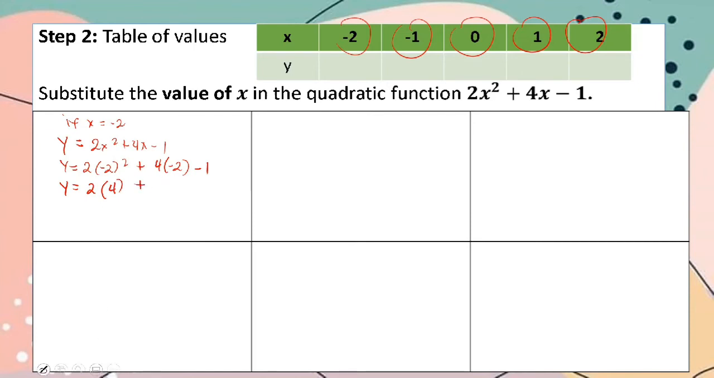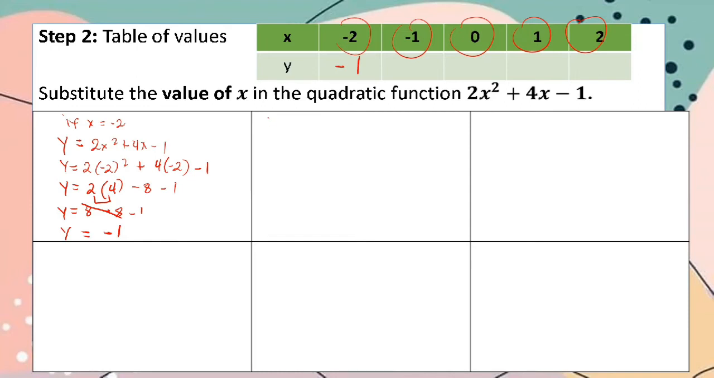simplify natin. So, pag sinimplify natin, positive 4 times negative 2, it is equal to negative 8. So, minus 8, then minus 1. Then, simplify again. 2 times 4 is positive 8, minus 8, minus 1. So, the answer is y is equal to, so 8 minus 8 is 0, then the remaining is negative 1. So, the value of y is negative 1 if x is negative 2. So, lagay natin dito yung value ng y, negative 1. Next natin, if x is